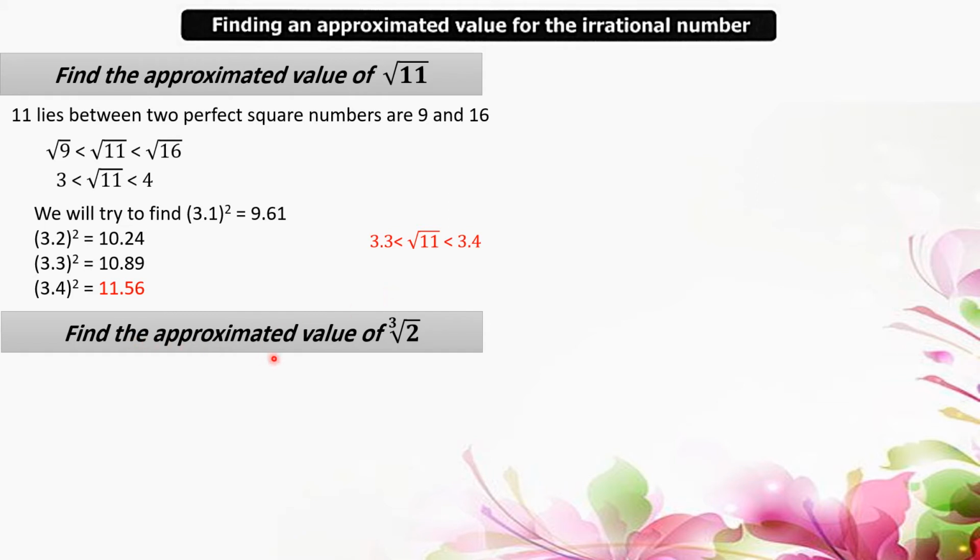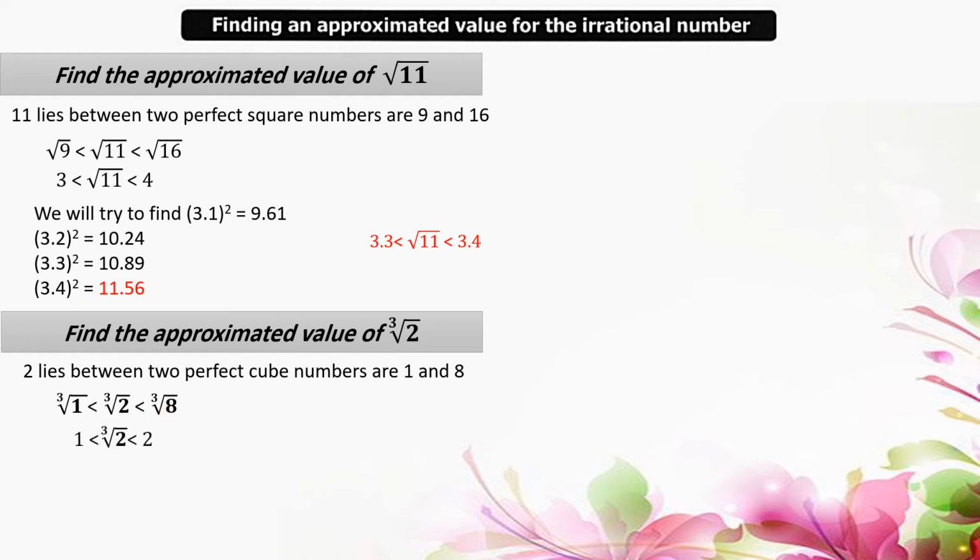Find the approximated value of cube root of 2. By the same way, the number 2 lies between two perfect cube numbers, 1 and 8. Then cube root of 2 is between cube root of 1 and cube root of 8. Cube root of 1 equals 1 and cube root of 8 equals 2. Then cube root of 2 lies between 1 and 2. Let's start with